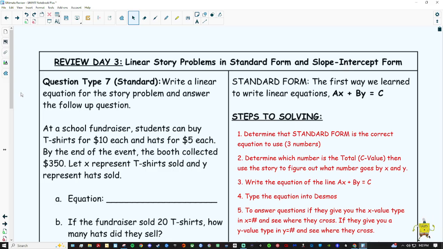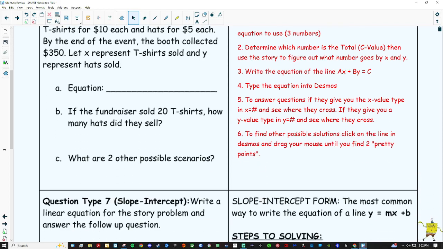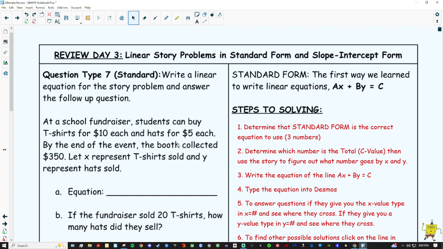You're not going to know whether to use standard form or slope-intercept form. Standard form is ax plus by equals c. Slope-intercept form is y equals mx plus b. So, the first thing you're always going to want to do in these problems is determine if it's standard form or slope-intercept form. Now, I told you the first one is standard form, but you know that when there are